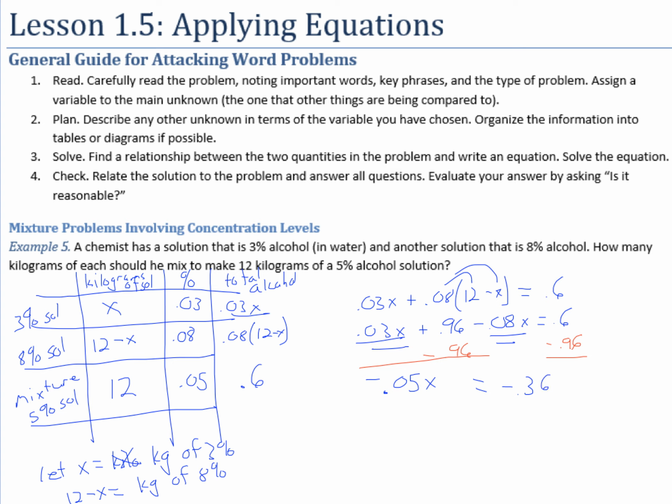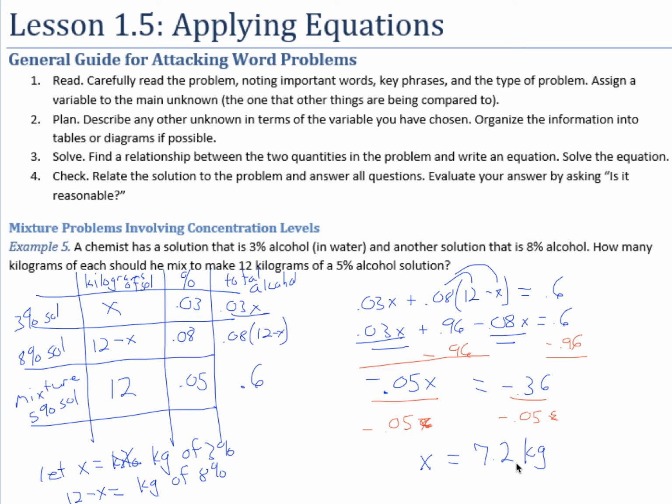Divide both sides by negative 0.05. Not x, we don't want to divide by x. Sorry about that. And so we want to do 0.36 divided by 0.05, and we get 7.2